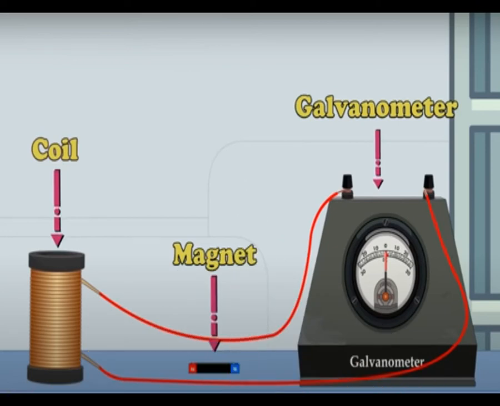This is the setup, how we make a setup while we are going to produce electricity through magnet. On the left hand side on the screen you can see a coil. This means this is the wire. The thing in the middle is called a magnet, a U-shaped magnet, or you can take a bar magnet for it. Then comes the galvanometer, which will show us whether the electricity is induced or not.